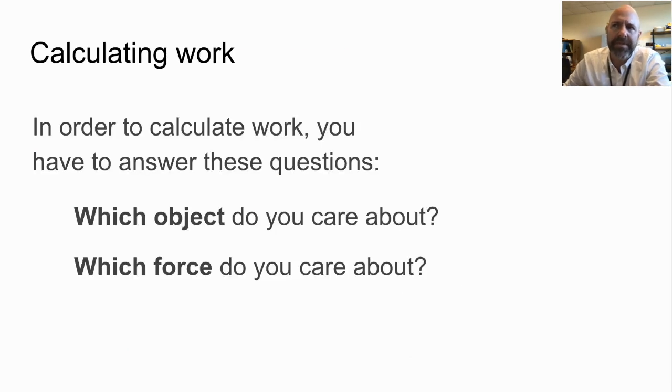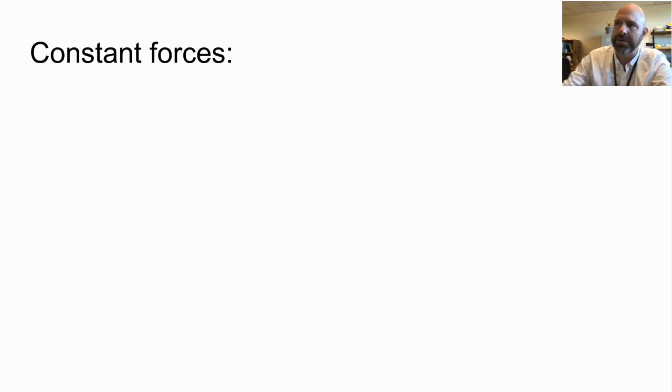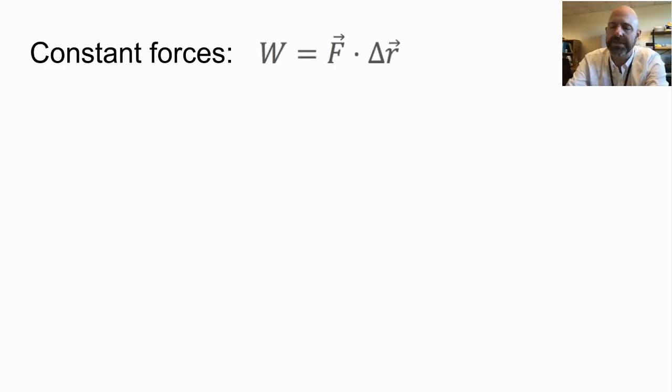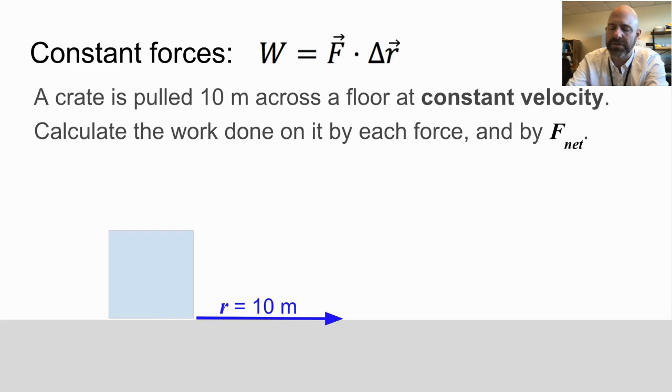In order to calculate work, you have to answer two very important questions. First of all, which object do you care about? Just like with forces, where we have to draw a free body diagram and pick an object, you're going to be picking an object here. And then two, we need to know what force you care about. So we have these phrases of the work done on a particular object and the work done by a particular force. When we're dealing with constant forces, we use the initial formula,